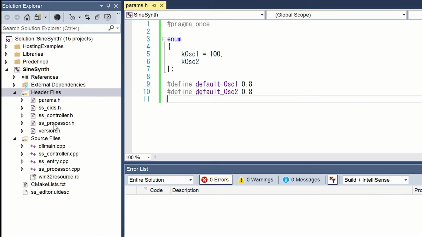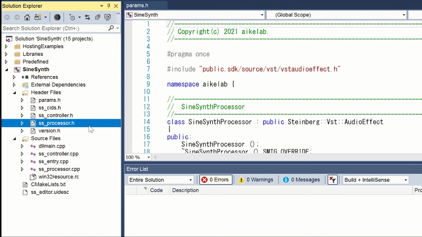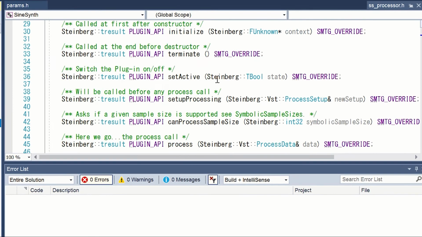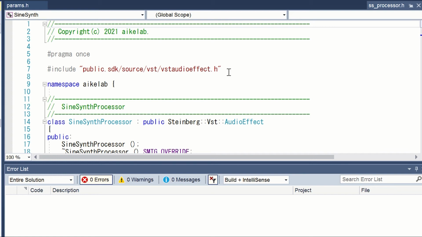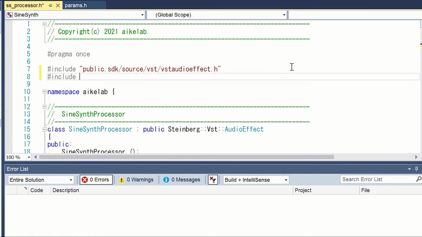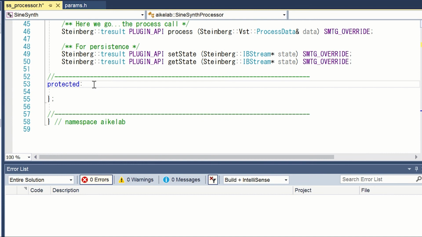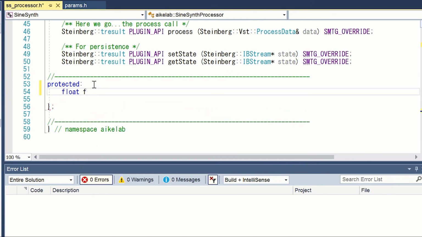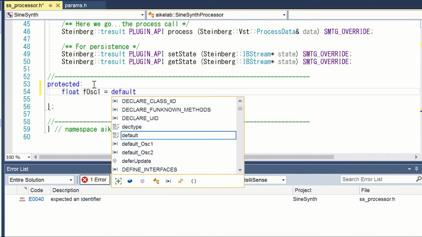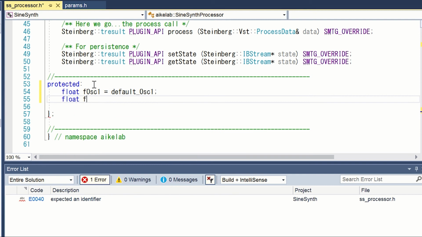Implement signal processing logic in Processor. Open Processor H. Include params.h. Define variables OSC1 and OSC2 for parameters.